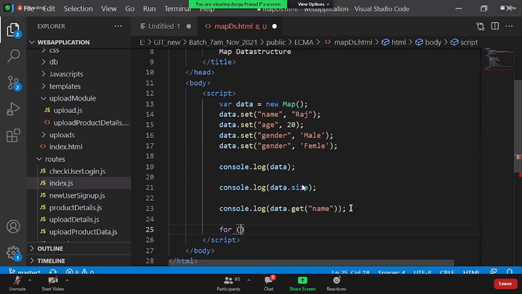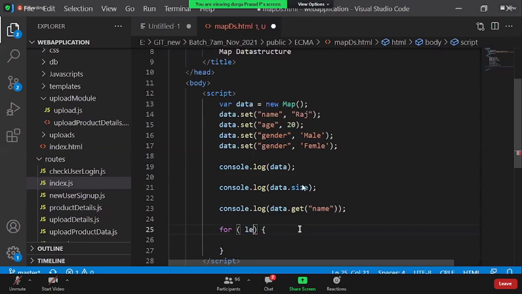Whereas we use the same for of looping control structure to iterate over the map data structure. In case of your JSON, in order to iterate over the JSON, we used to go with the for in looping control structure. But in case of your map, we go with the for of looping control structure.